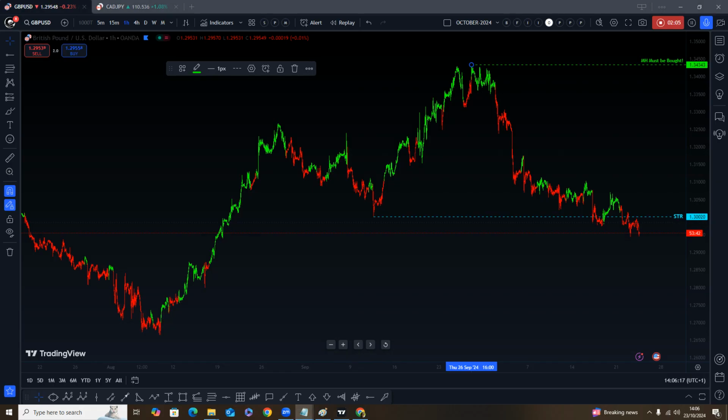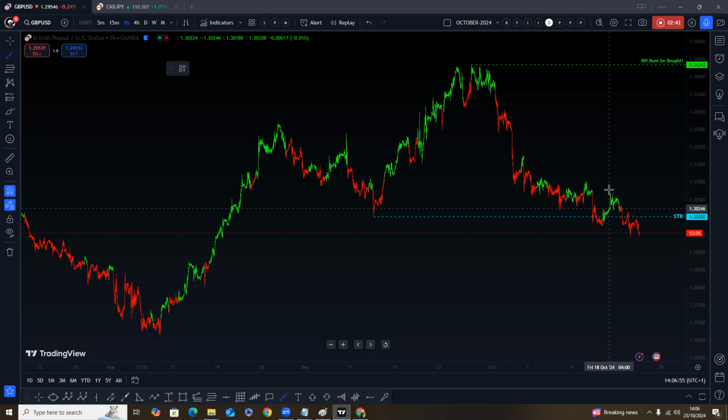So we start with 1.3434 as the momentum high. Then the structure is 1.3002. We've broken the structure, so the picture here looks bearish. If we count the internal wave, we have 1, 2, 3, 4, 5, then 1, 2, 3. So from where we are right now, the expectation on the pound US dollar is to have a pullback above